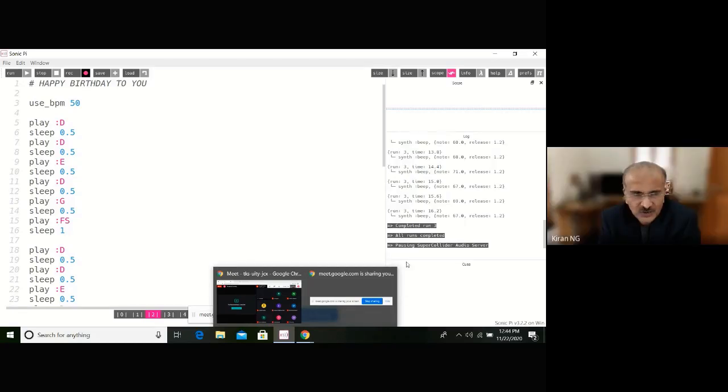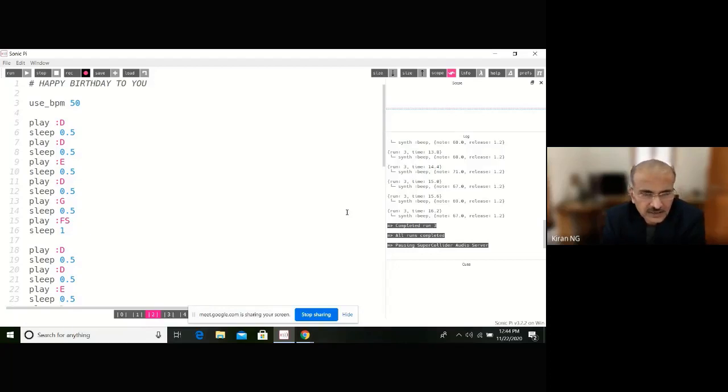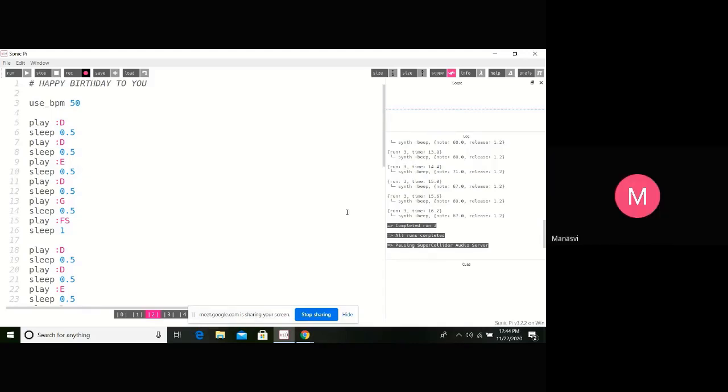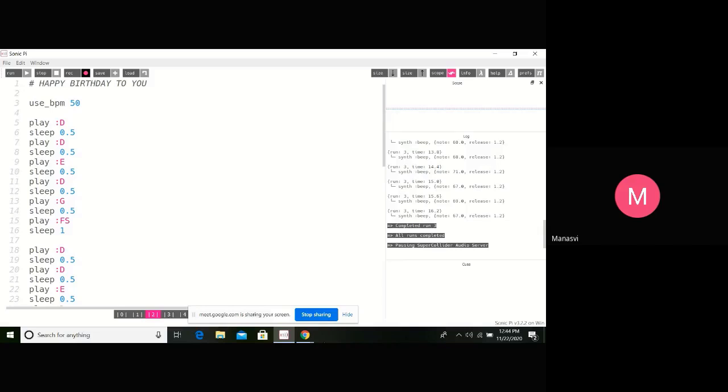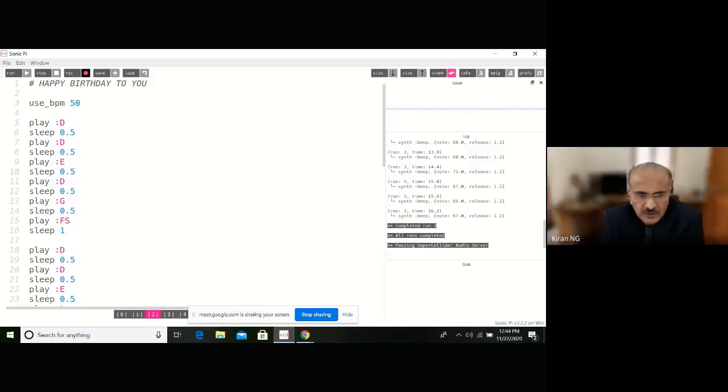Okay, that's good. So how did you go about coding this? Yeah, it's nice. But what did you use as a base? How did you figure out which note to play? How did you select this sequence of D or E or G or F sharp? I got it from the internet, sir, the notes. Okay, okay. Yeah, you can get into some more complex notes so that you can improve the quality, or you can add more